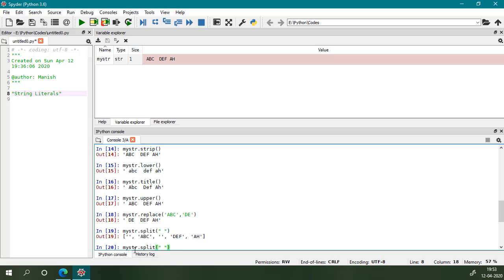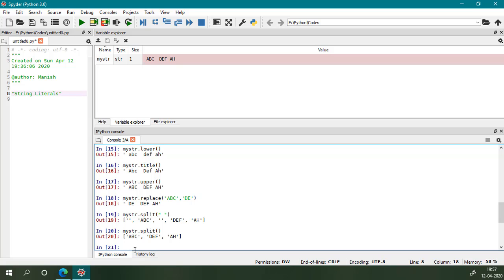Space is the default input of this function, so if I do not provide anything, then it will trim all the white spaces at first, and then it will divide the string according to the spaces. All these functions that we have used above are object returning and does not make any changes to the object itself. It means if we want to store the changes, then we need to assign these to either same variable or another variable. Like